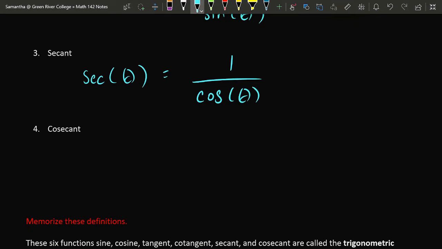Cosecant. Now it may seem like we are going to once again take the first 3 letters, but if I do COS, that's the same abbreviation that we have for cosine, so that's not going to work. Instead, the cosecant function is represented by CSC for short. C for co, S for the S in secant, and here's the C in the back, that's the second C. And you might be able to guess what cosecant's formula is going to be. Secant was 1 over cosine, cosecant is 1 over sine.